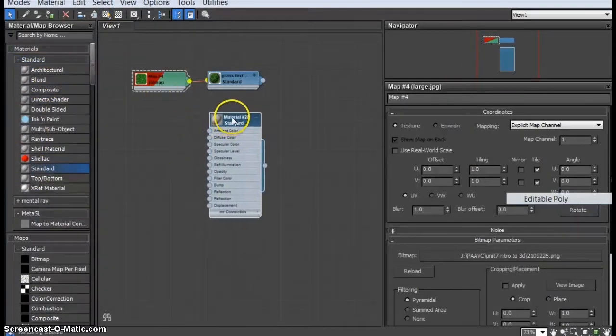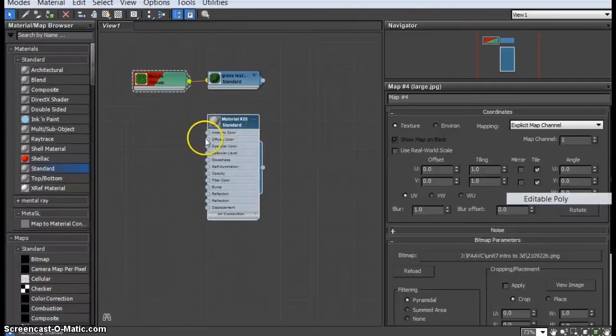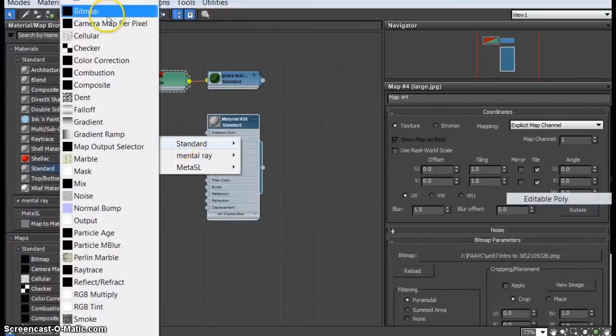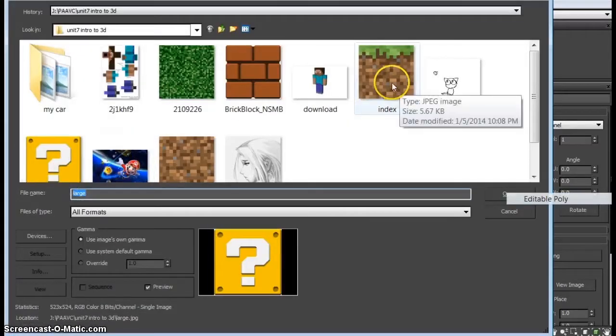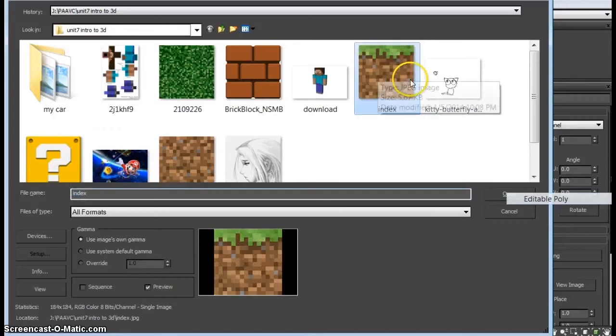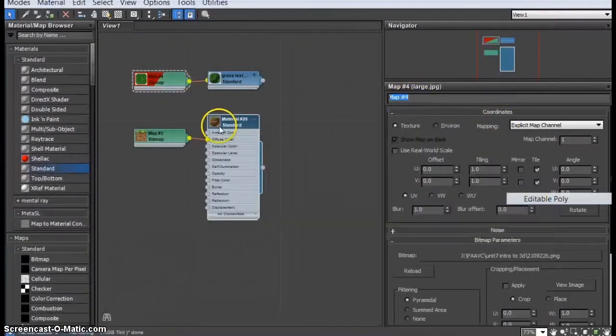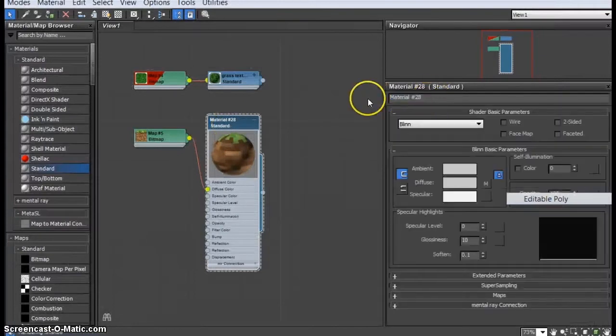And I'm going to show you a different way to create a bitmap image. I can just grab the diffuse circle here, drag it out, say I want to create a standard bitmap. Voila, it asks me, what do you want to select? This time I'm going to select the ground, converting to the grass there. And I'm going to double click this material over here, and I'm going to call it